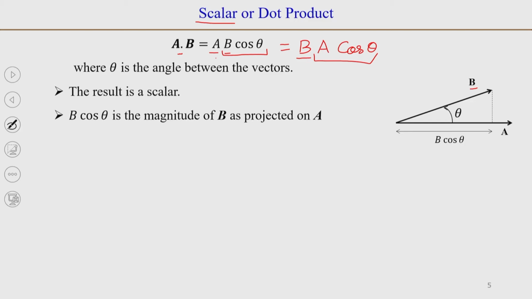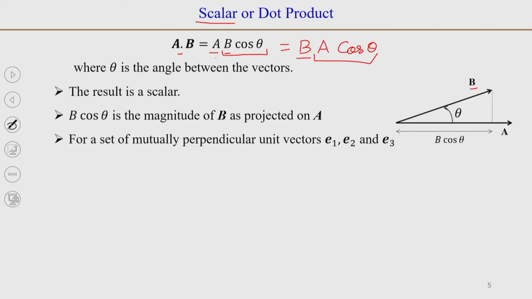So, that will give you the same answer basically. If you have mutually perpendicular unit vectors, when we talk about the components, we can have components i, j, k unit vectors or unit vectors e_r, e_theta, e_z in a cylindrical coordinate system. So, if we write in general that there are 3 perpendicular unit vectors e_1, e_2, e_3, then when theta is equal to pi by 2, we can see that cos theta is equal to cos pi by 2 is equal to 0. So, A dot B will be 0.